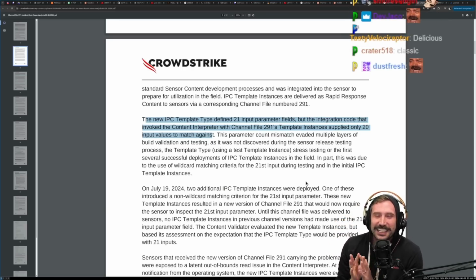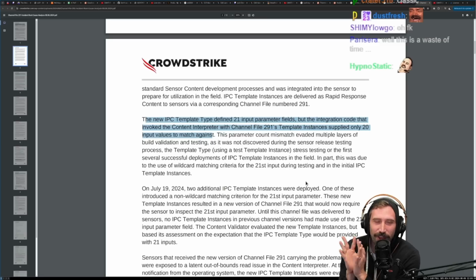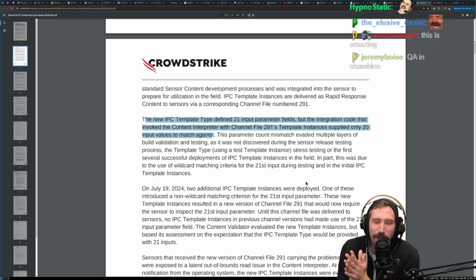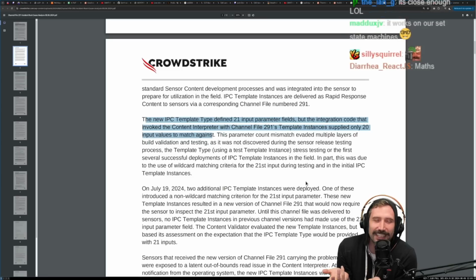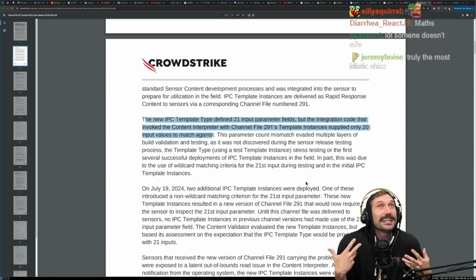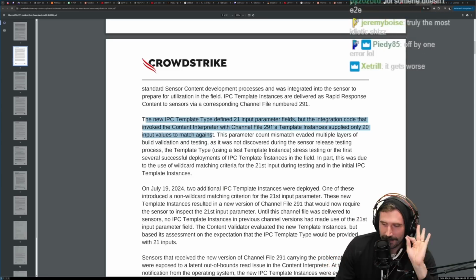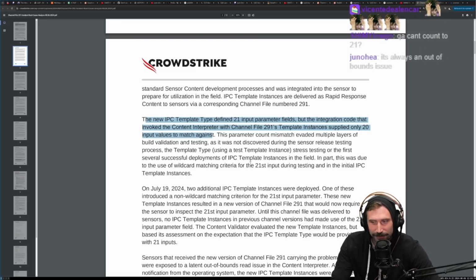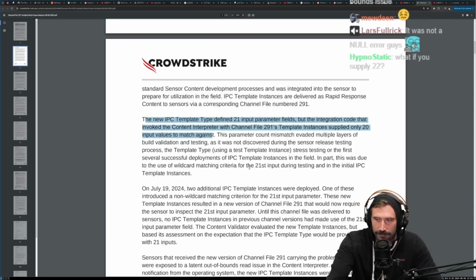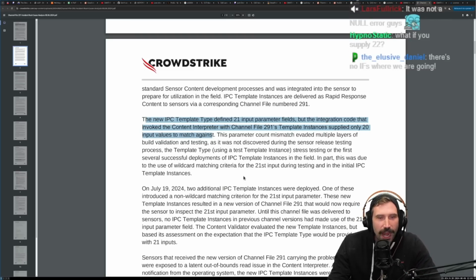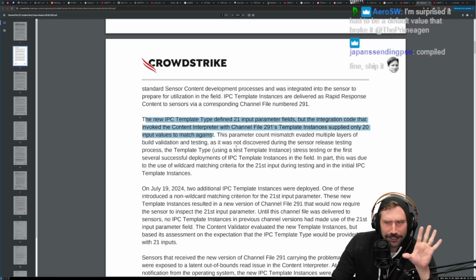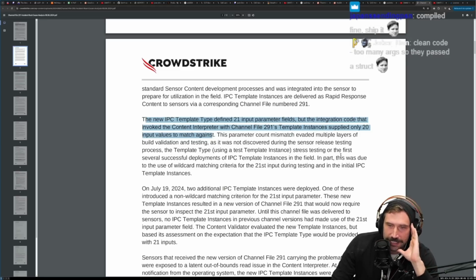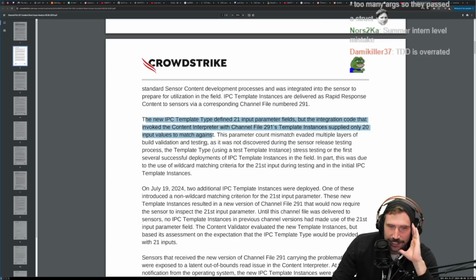I just hope with all of the deepness, dude, nobody even put "if args.length does not equal expected length." Like, that's not even a thing. It's one line. It's the simplest line in the universe. Absolutely beautiful right now. It was not a null error, guys. It was not a null error. That's what they did say, that it was not a null error. Little shocking that it's not a null error. This parameter count mismatch evaded multiple layers of build validation and testing.